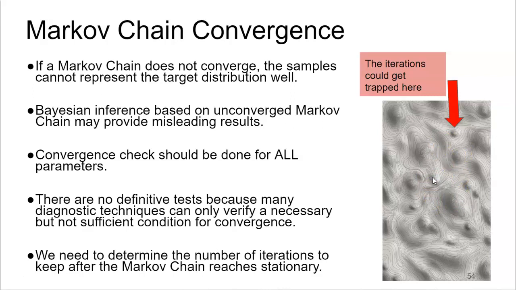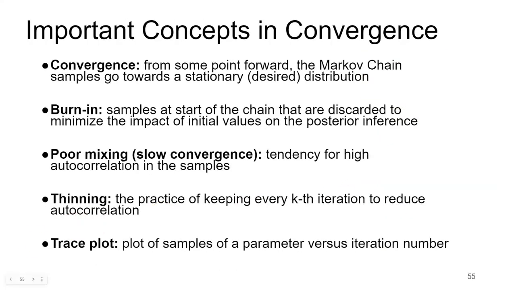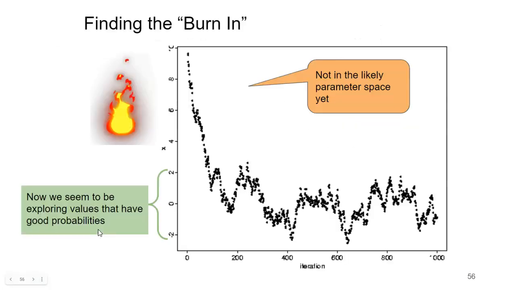So this problem can be solved if you're careful in watching, and the bizarre things that you wouldn't know to watch for don't typically happen in real life. What things can we look for? Here's some terms. I'll show you some pictures that explain it better, but burn-in says wait until it's bouncing around in a good area. Make sure that it is bouncing around well and that there's not some area that appears to be missing out on. And thinning says maybe not take every single bounce. I'll show you why in a second.